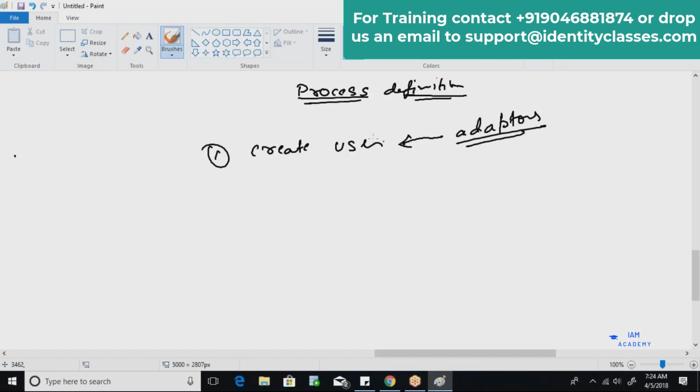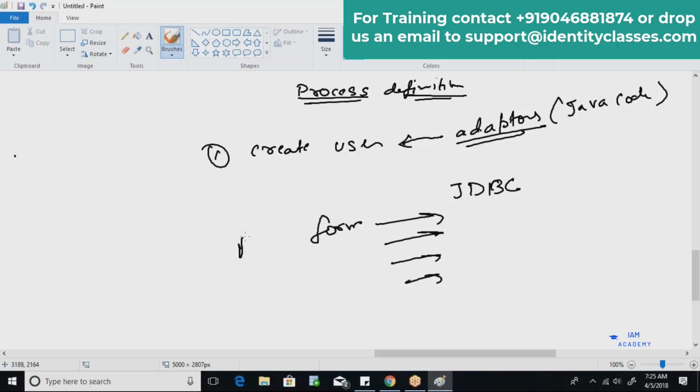Adapter is nothing but Java code. In layman terms, let's say I am simply using JDBC connectivity. I'm fetching all the data from the process form, and then through JDBC connectivity, I am simply creating a new row in the target system.